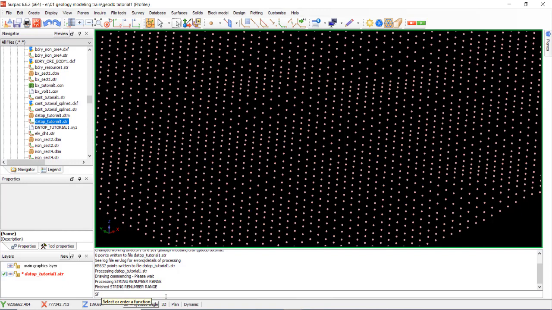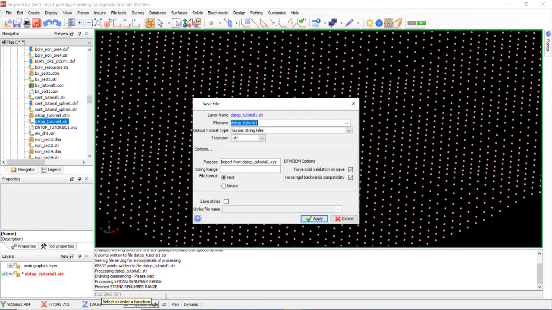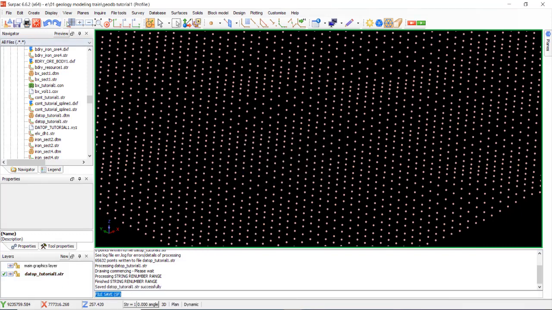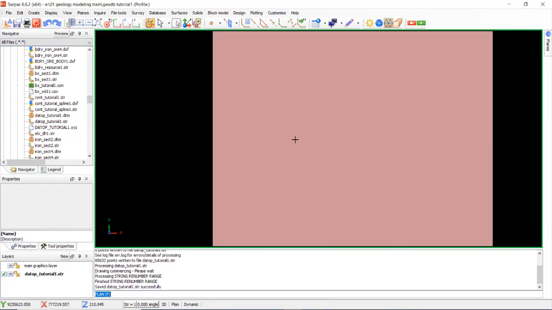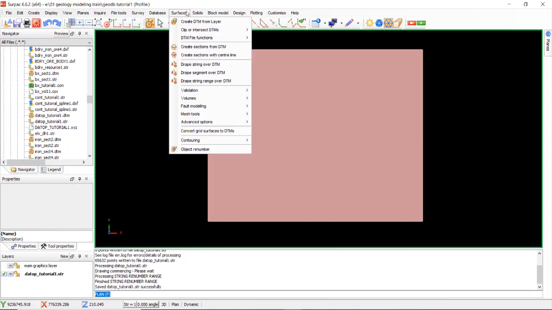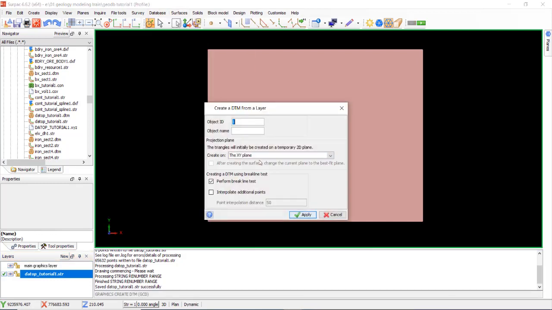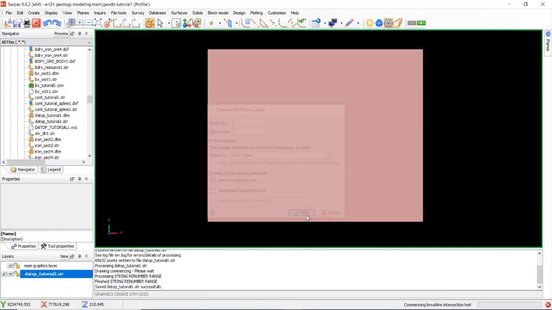Next, save file, enter. Yes. Okay. Next, we start to create DTM from layer, because this data is in layer. Object ID is 1.